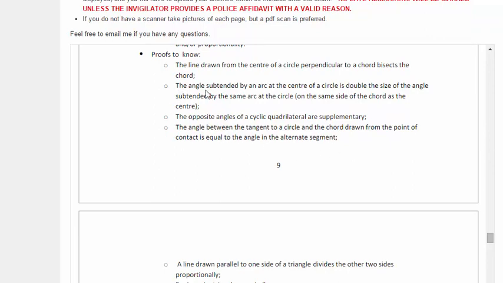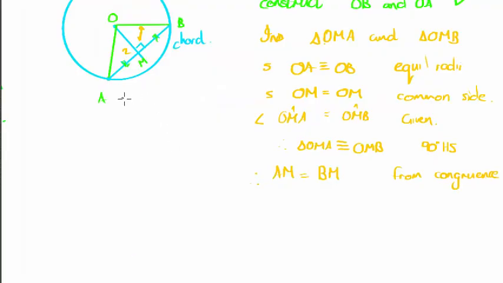Okay. Next, the angle subtended. There's then another theorem that's just the converse of this, and you don't need to know the proof, but you need to know the theorem. So the other one is if I go from the center of the circle to the center of the chord, then I know I'm cutting at 90 degrees. So that's what we call the converse theorem. It's the theorem that is just applied in a backwards direction. Does that make sense? The converse is not necessarily true.